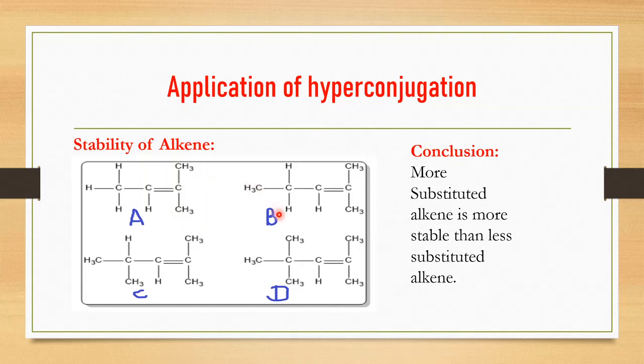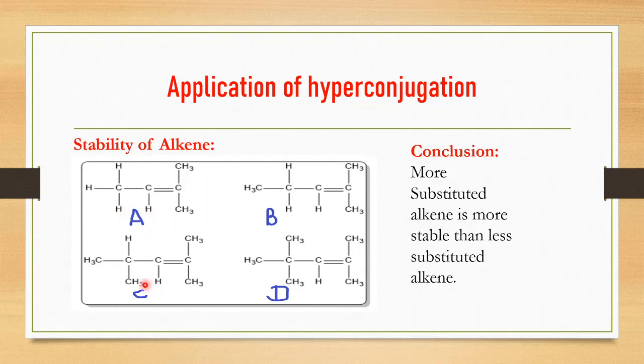Now if I look at the alkene which is indicated as B, these are the 2 carbons which are sp2 hybridized. This carbon and its representation is the same as structure A. So there are 6 hydrogen which will be responsible for hyperconjugation. But if I look at this carbon, now there are just 2 hydrogen which are present. So the total number of hydrogen which will give you the hyperconjugated structure will be 2 plus 6, that is 8, which is less as compared to our counting of 9 for structure A.